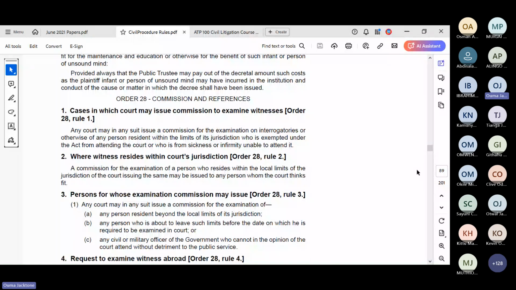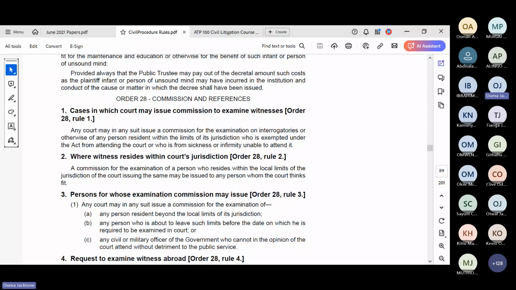Now, within the Act, that is the Civil Procedure Act, there are certain people that are exempted from attending court because of infirmity, or because of sickness. They are so sick that they can't attend court. Because of the sickness that they're having that cannot make them walk to court, the law allows them to just be there.